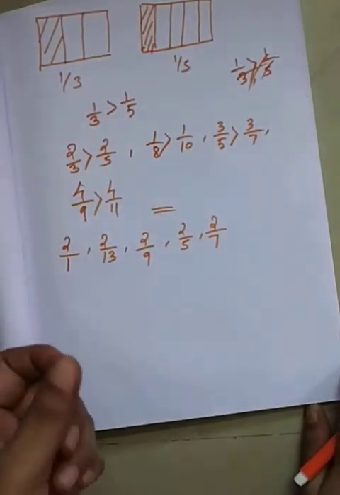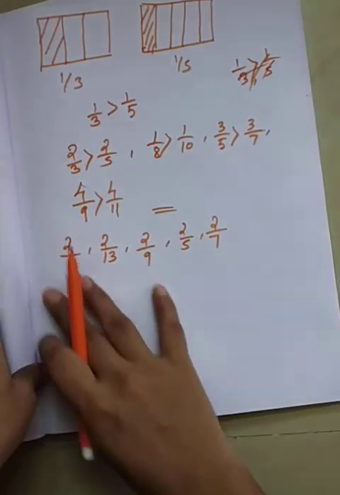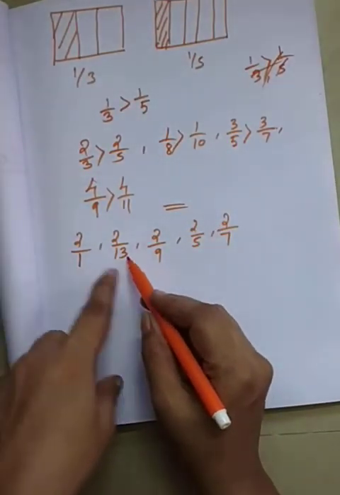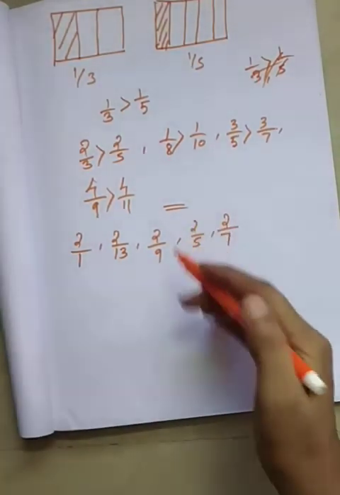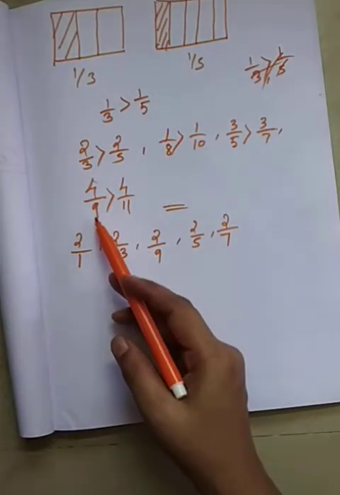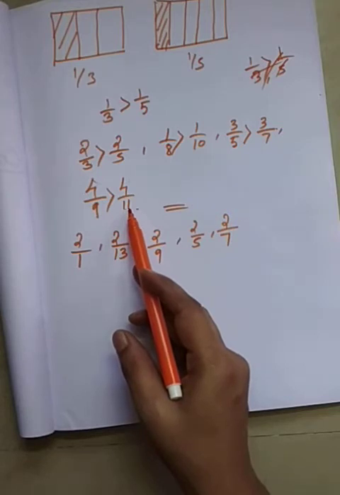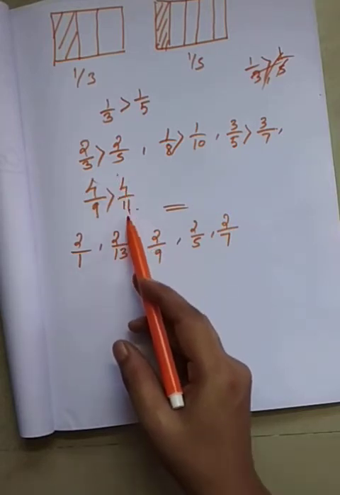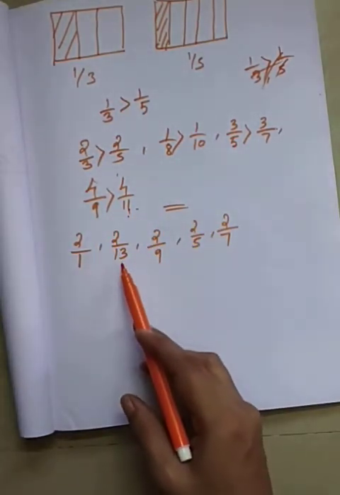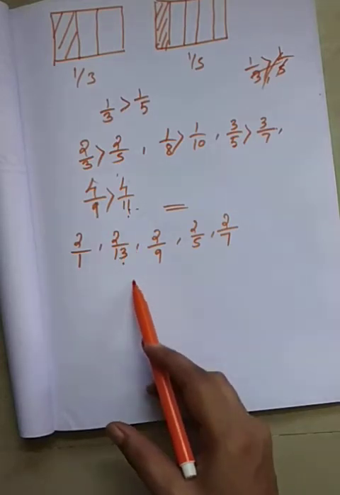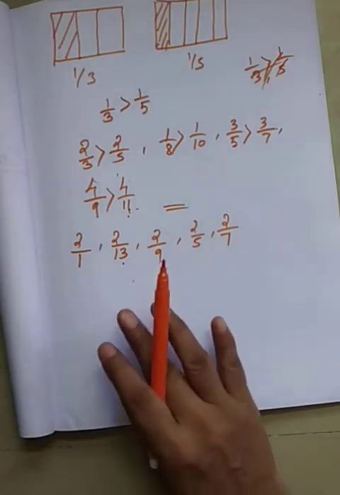Increasing order means lowest number to highest number. In this one, which one is smaller? See the denominator. Which one is smaller? See the previous example, 4 by 9, 4 by 11. So 9, 11, highest value 11, but this is smaller because 1 by 11. Okay, so this is smaller. In this one, which one is the highest denominator? 13. That is smaller. So now let us consider the smallest is 2 by 13, as it has the largest denominator.